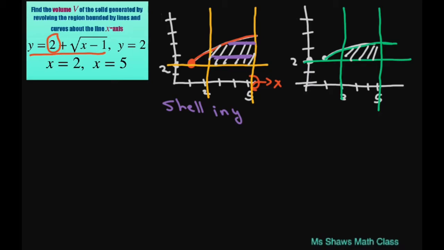And if I go perpendicular to my x-axis, I'm going to have this part right here, and then this in here is 2. This would be a washer in x. All right. So basically, if I use the washer method, which is what we're going to use, our outer radius